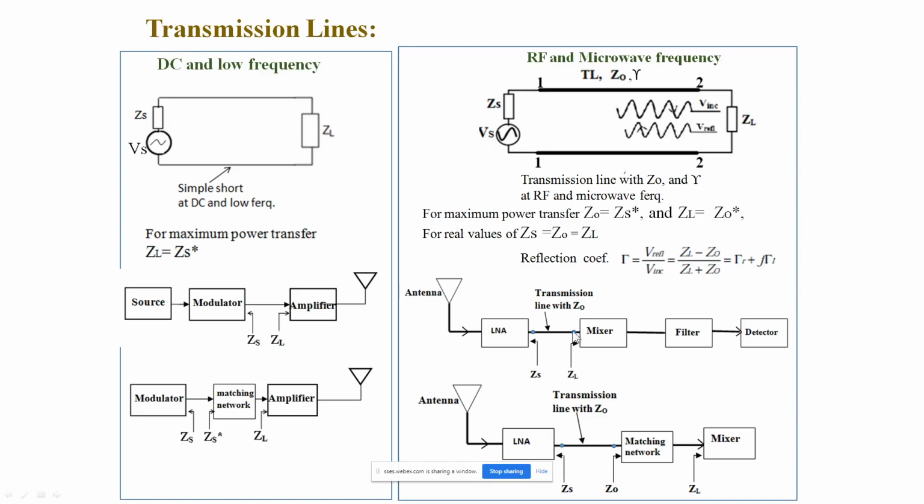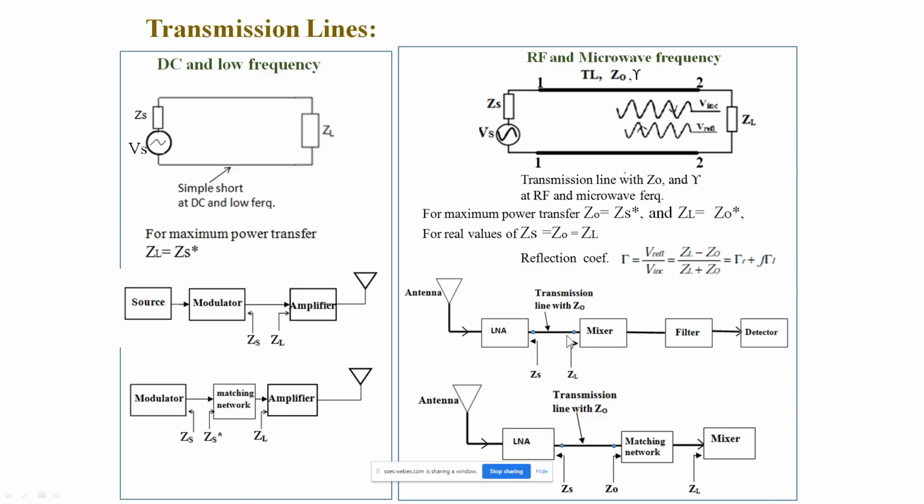Okay, if you simply connect, sometimes the mixer may not work. We are always thinking, why is the output not coming here properly? We are expecting an output from this mixer circuit, of some value, but because of a mismatch problem here, ZL not matched with Z naught, the power, instead of being delivered to this mixer, may be going back like this. So because of that it may not be working properly.